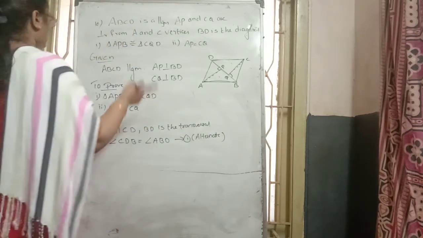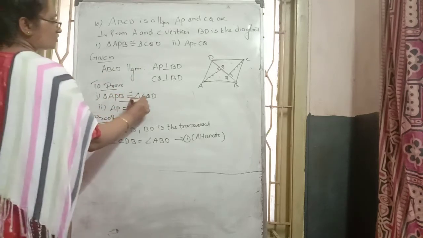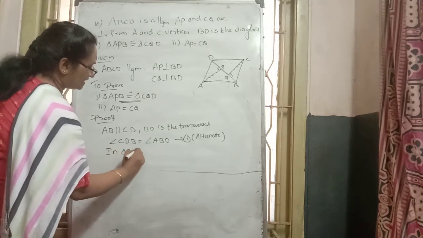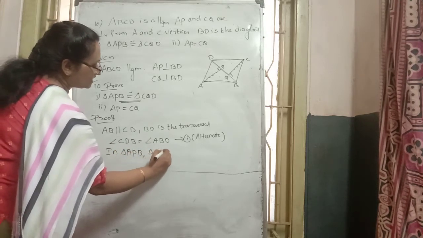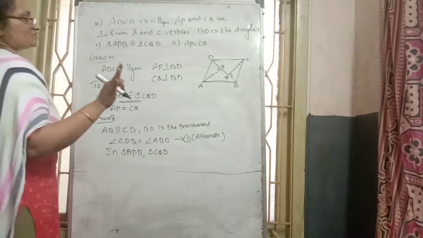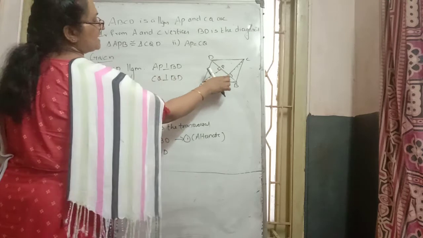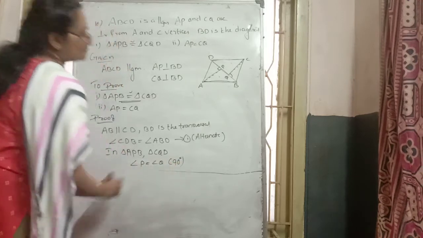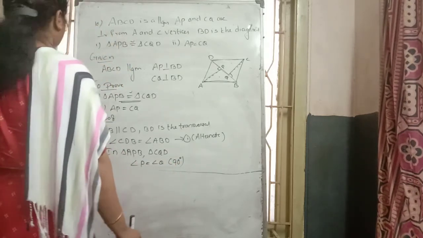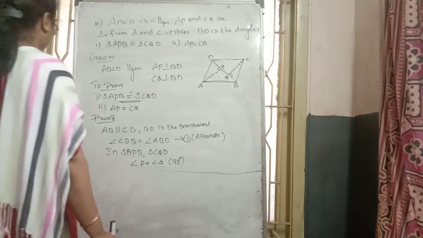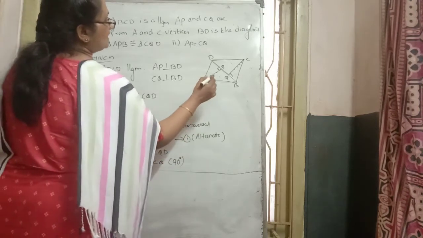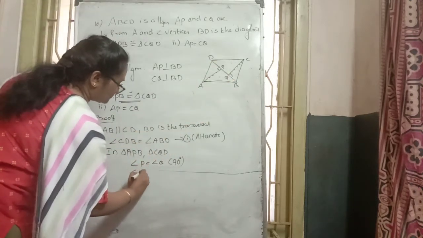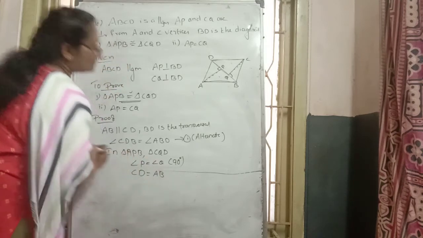Afterwards, take the two triangles we were asked to prove congruent: triangle APB and triangle CQD. Consider any three conditions. First, angle P and angle Q each make 90 degrees, because they are perpendiculars. Next, side CD and side AB are equal, because they are opposite sides of the parallelogram.